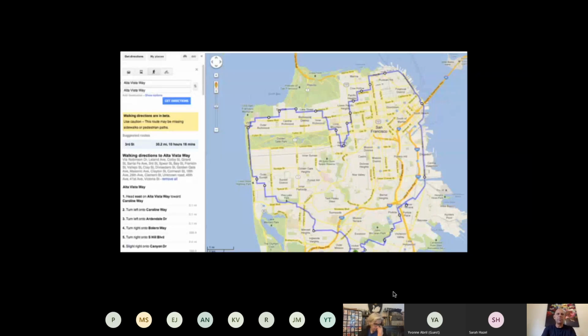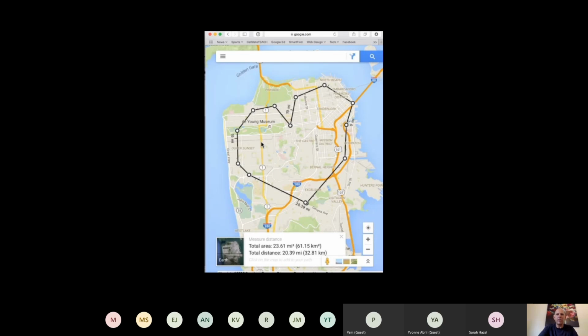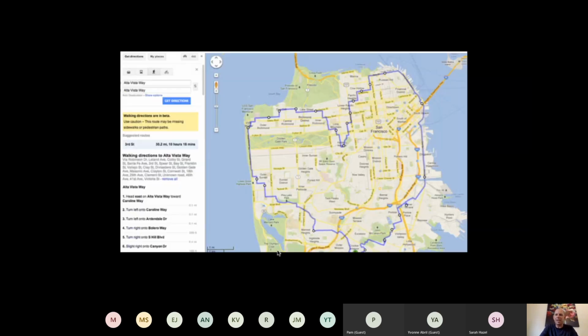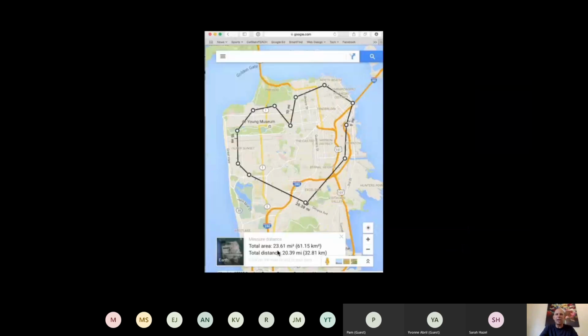As you can see, this person came up with 30 miles, 30.2 miles. They actually have it taking 10 hours because they have it set on walking instead of driving, which created this opportunity to talk about speed as well. Here's another one students did. In this case, we have 23 miles. So the actual, if you remember, was 27. This person had 30, and this person had 23 miles.